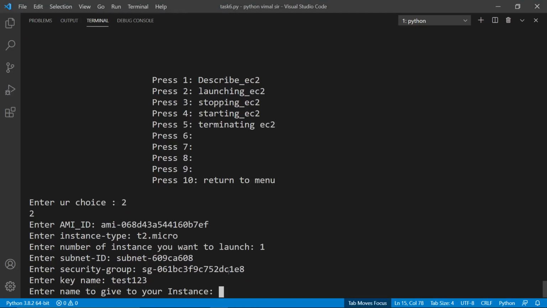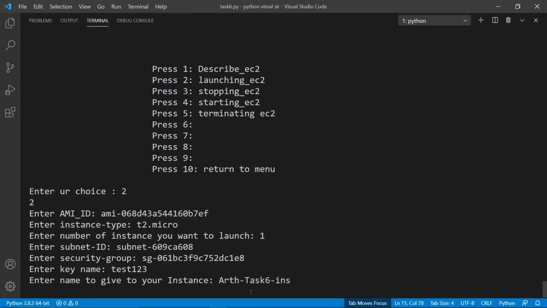This is the tag name we can give to our instance. So I am giving the name earth task 6 instance. So now the instance will be created.